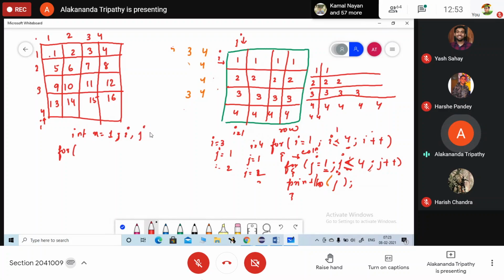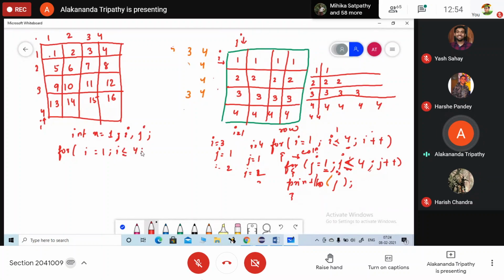int i, j. for i equals to 1, i less than how much will it be? Yes, you are correct. i less than 5, or i less than equals to 4.